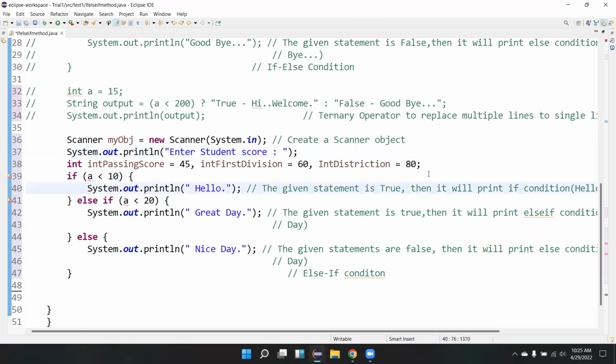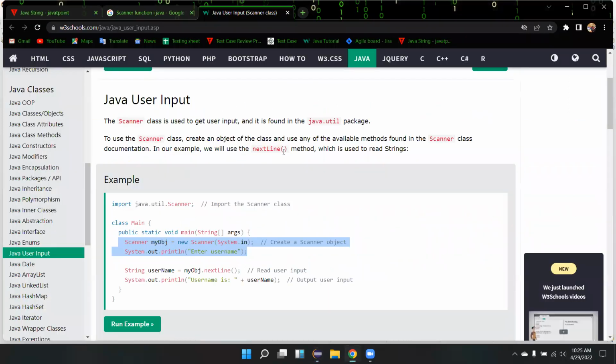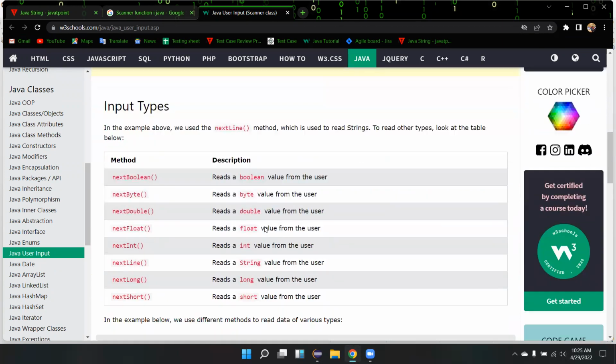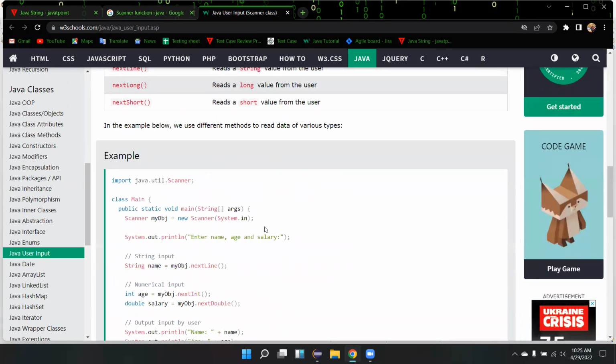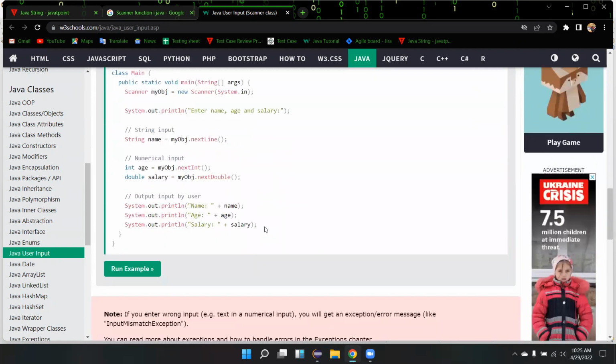Okay. Now I need to capture this one, right? String user, this example is not valid for me. Name, salary, age. I just wanted to have it. Where is my name?